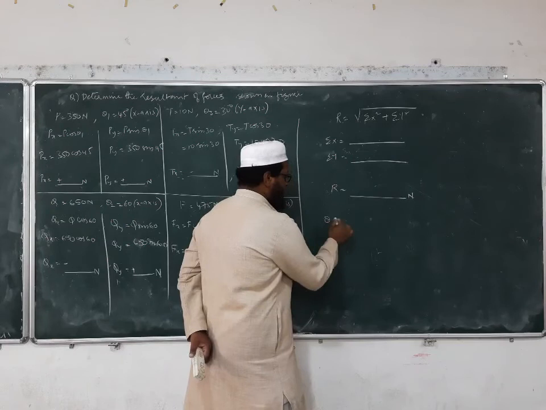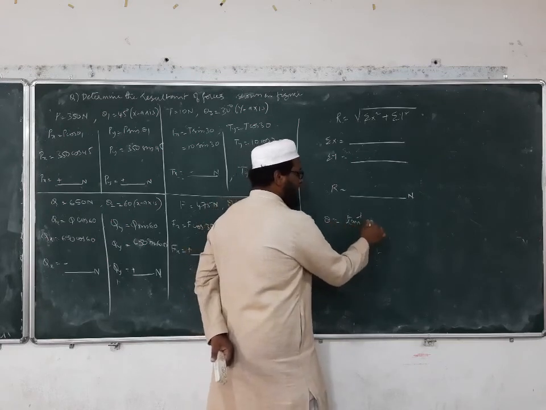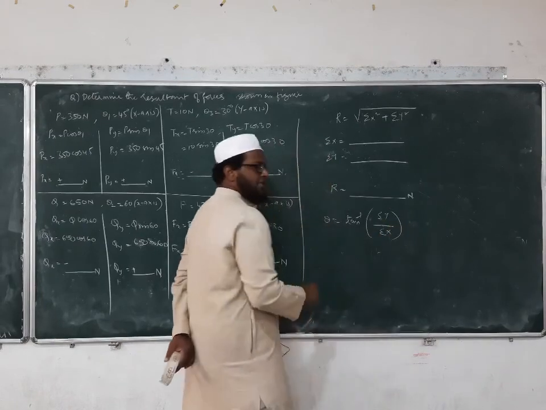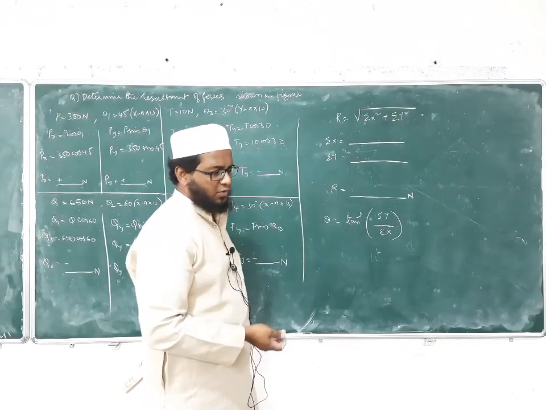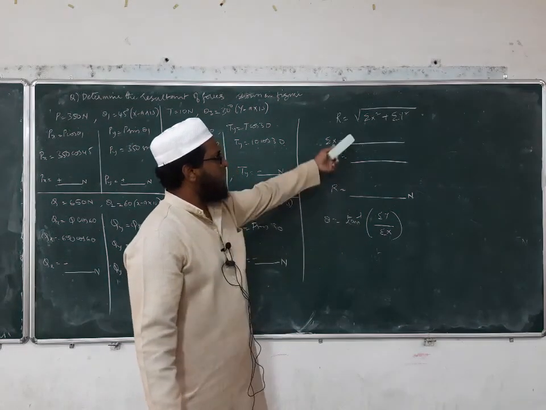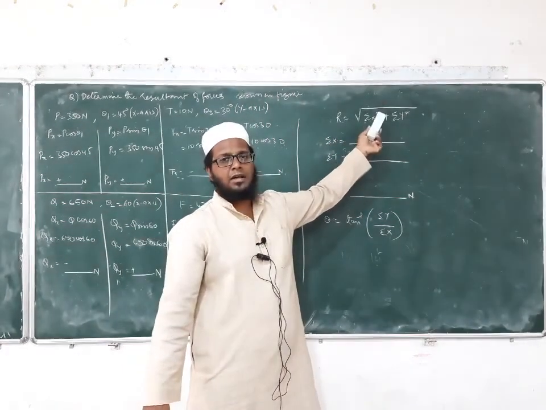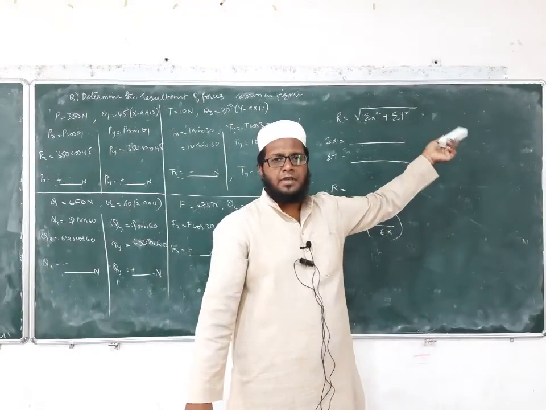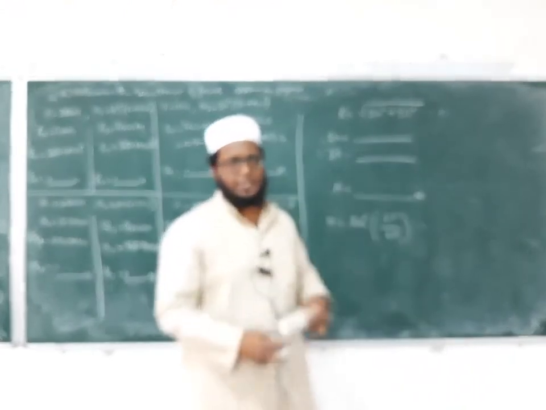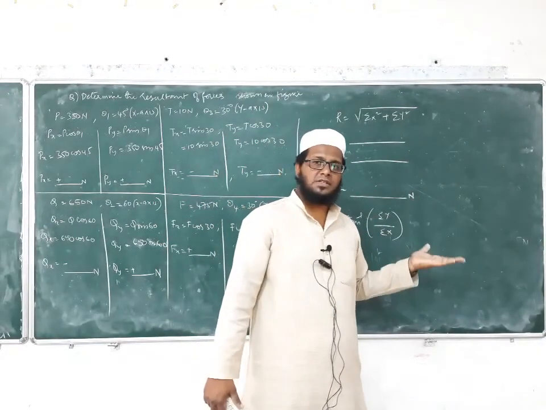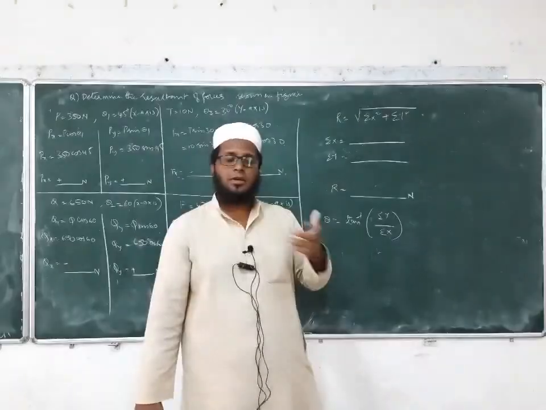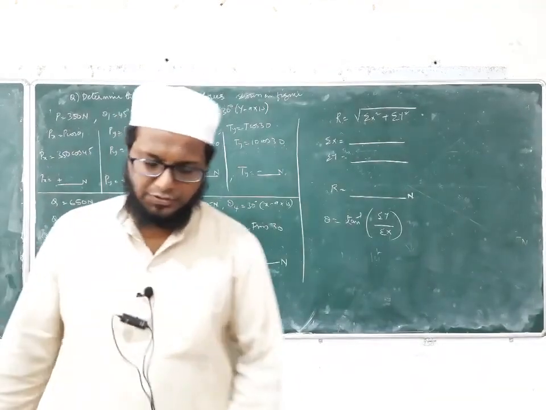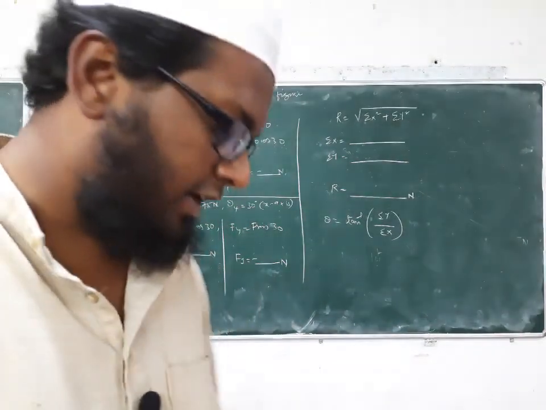Then the angle made by the resultant is theta equal to tan inverse of sigma y by sigma x. In some textbooks or other videos, instead of sigma x they may give sigma h, and instead of sigma y they may give sigma v. So it is one and the same. Either you take sigma y and sigma x or sigma v and sigma h, both are the same. Okay, this is how we calculate the resultant of each force when a multiple number of forces are acting on the body.